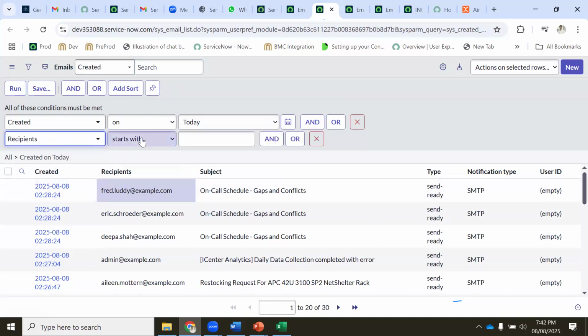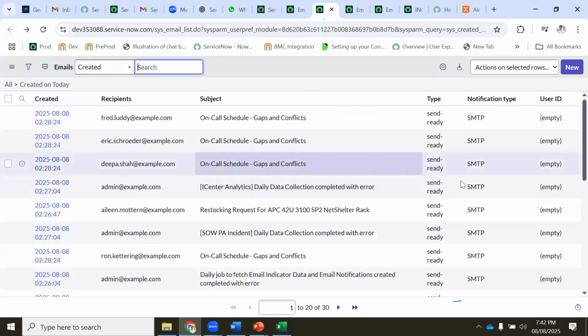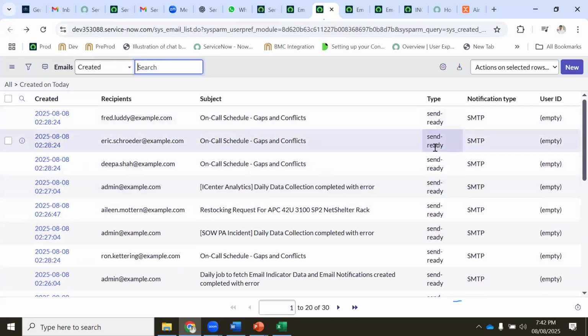Recipients, I'm putting, and I'm putting contents. See, I can show these three mails you got today. Where can you check? Sent here, correct. The next one, you want to see is sent and ready, because we didn't enable the emails to go, correct? That is why it is send-ready.